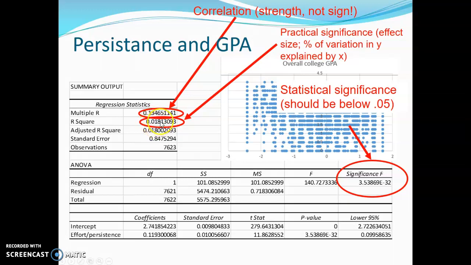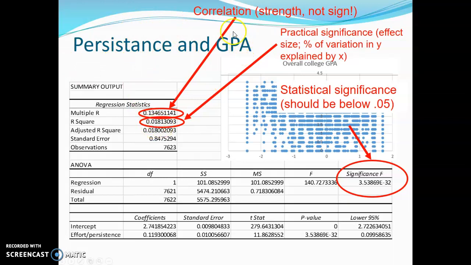So 1.8% of the variation in college GPA, different people have different GPAs in college, so what's related to or predicting those differences in college GPA, 1.8% of it can be somehow tied back to persistence early in high school. Now, this doesn't say that it's causing it, but the predictive power is 1.8%, which means